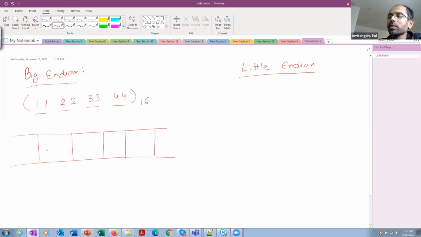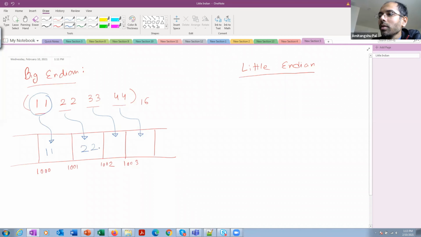Memory is byte addressable, so these 4 blocks represent 4 bytes. This is address 1000, this is 1001, 1002, 1003. In big endian notation, the first 8 bits will go to the first location, the second 8 bits will go to the next location, the third will go here, the fourth will go here. That means they are going to be in order.